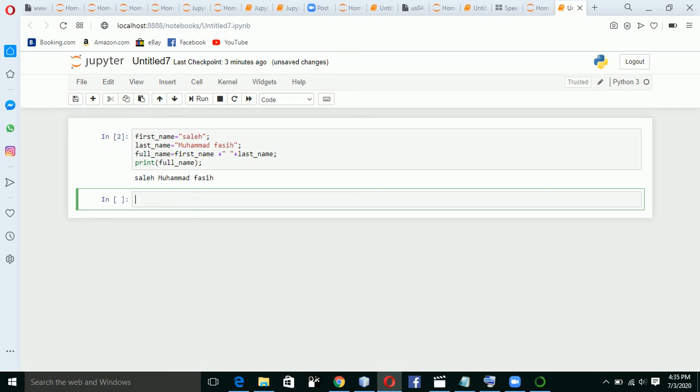But keep in your mind that concatenation is only for strings. You can concatenate only strings, not numbers, in Python programming.